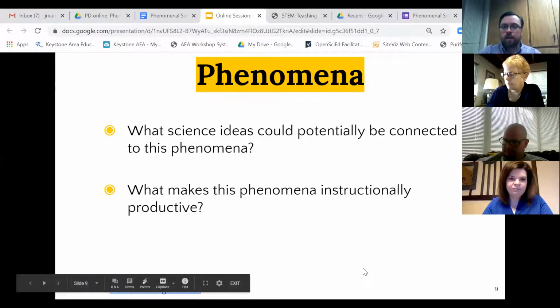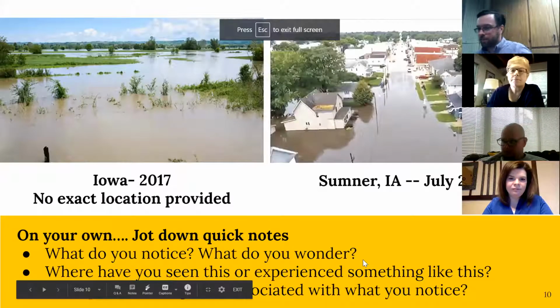So what we just looked at was an example of something that may not drive an entire unit of instruction. It might be a smaller piece around bonding or thermal conductivity. People were mentioning phase change. All those kinds of things might be places where kids would generate questions. But what we're going to jump into now is maybe something that would be more of an anchoring phenomenon, something a little more large scale that might generate a few more questions. I'm going to pop back in here, and I'll turn it over to Bev.